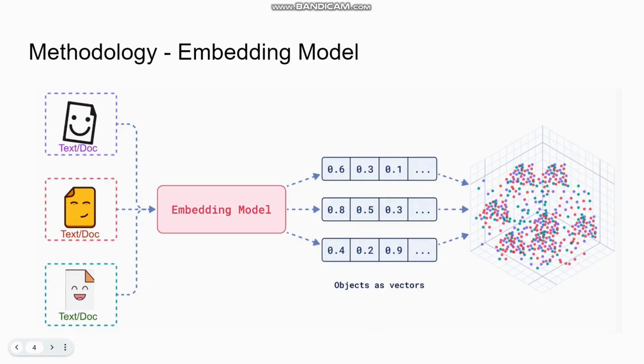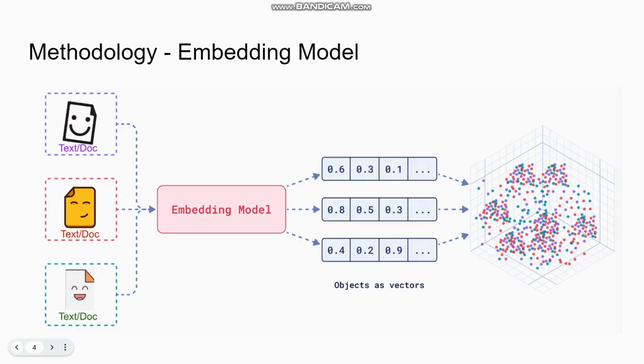Next part, we talk about the methodology used in this project. The first part of the methodology is embedding models. Embedding models are a type of machine learning model that transform high-dimensional sparse data like text or images into lower-dimensional dense vector representations called embeddings. These embeddings are numerical representations that capture the semantic meaning, structure, or relations within the data, allowing for efficient computation